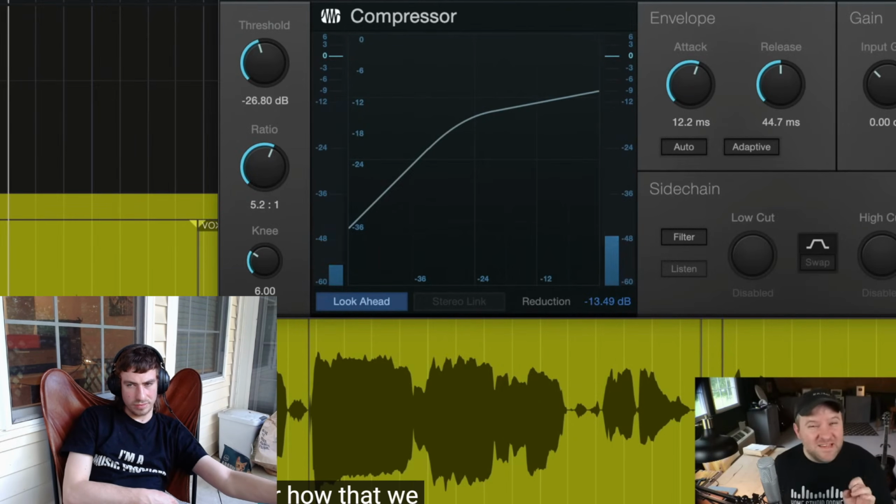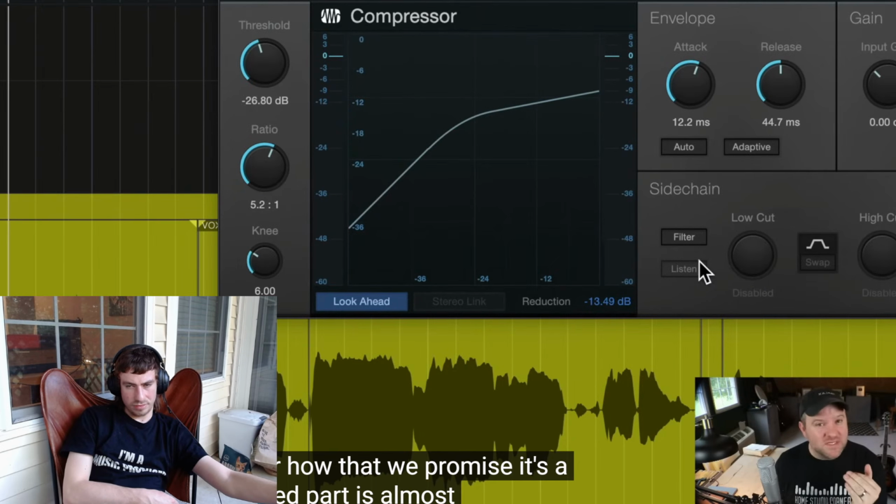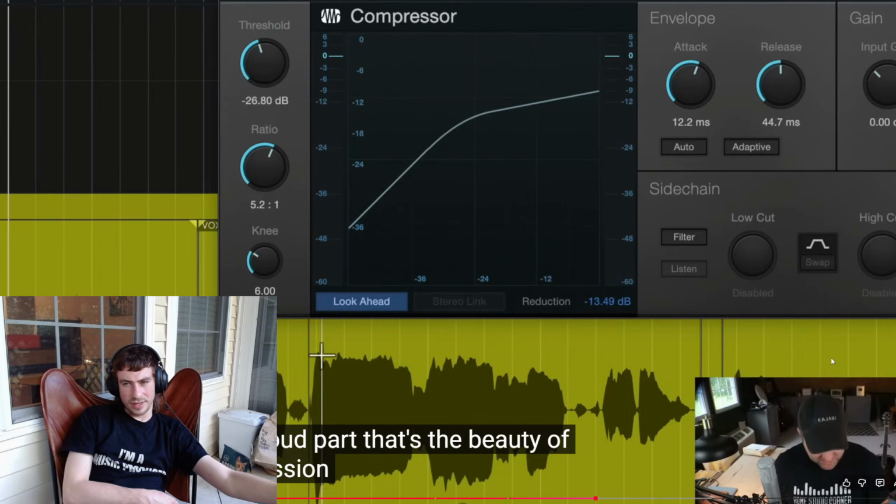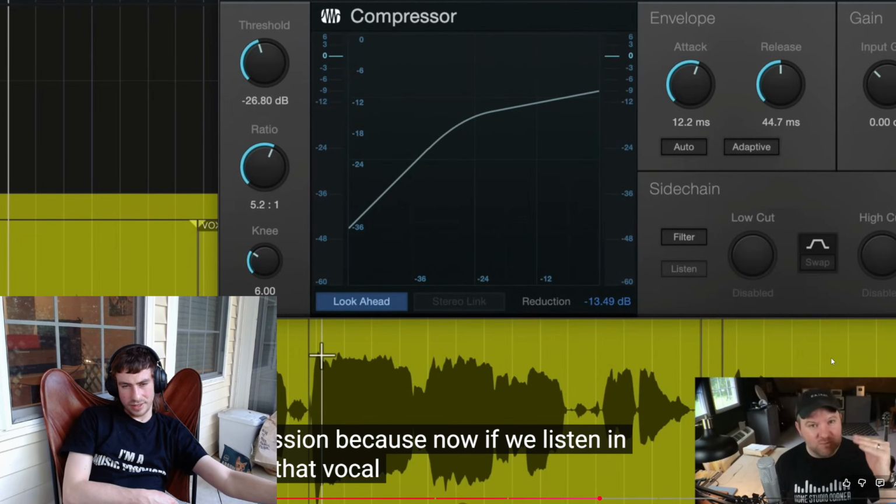You hear how that "will promise", that's a whispered part, is almost the same volume as the loud part. That's the beauty of compression. Because now, if we listen in the mix, that vocal's probably going to be just sitting right there where it